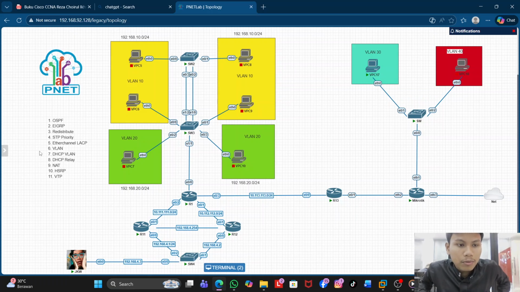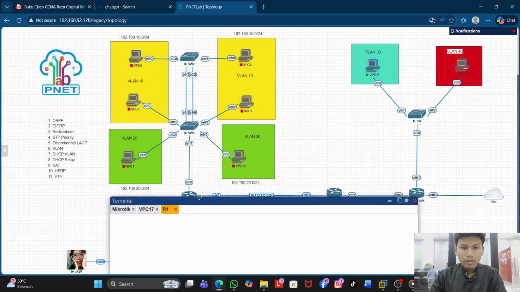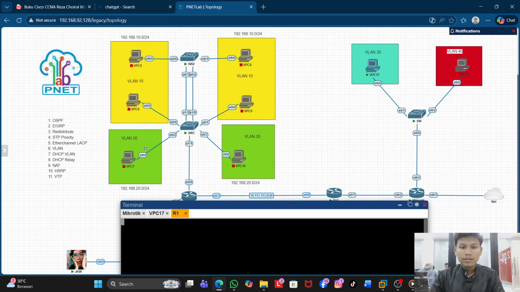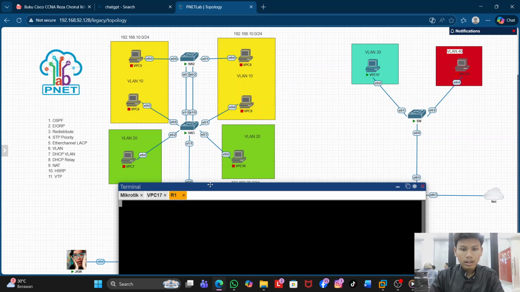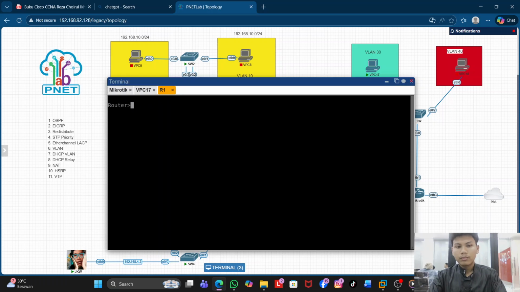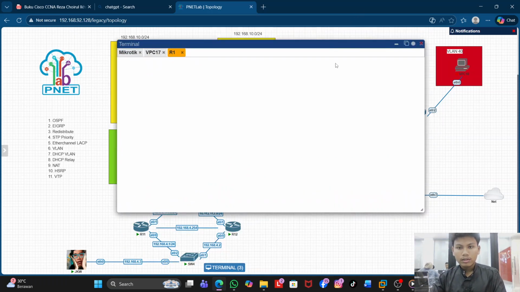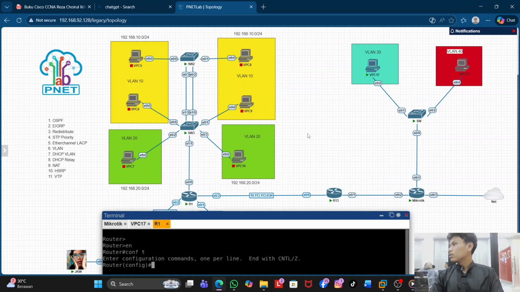Next, the second point is EIGRP. I configured EIGRP here, on router 1, to advertise VLAN 10 and VLAN 20. I use Cisco.